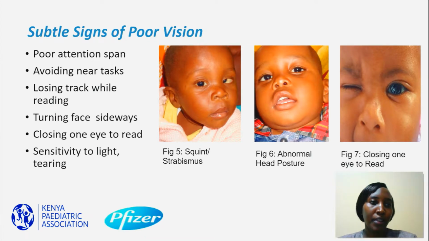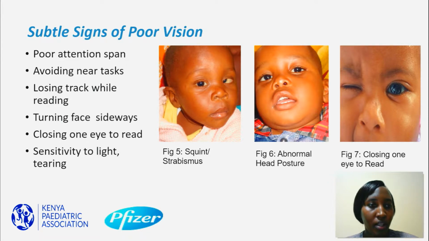Now, for the subtle signs, which may be harder to pick but very important, because they may be the only sign that indicates that the child has poor vision. One of them is poor attention span in terms of visual activities. The other thing is avoiding near tasks, because they get fatigued quite often, so the children will try as hard as possible not to do near tasks such as reading and any other activities that are done at near distance. The other thing is losing track while reading